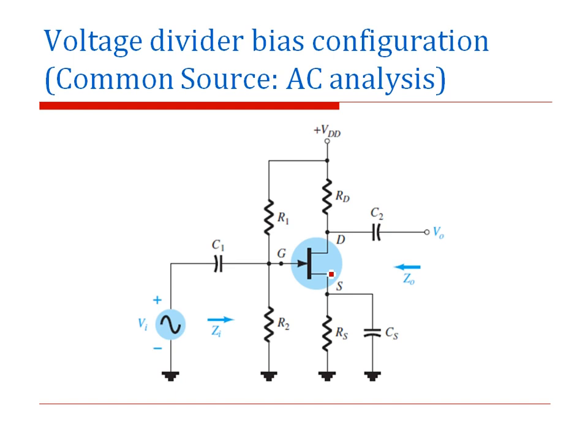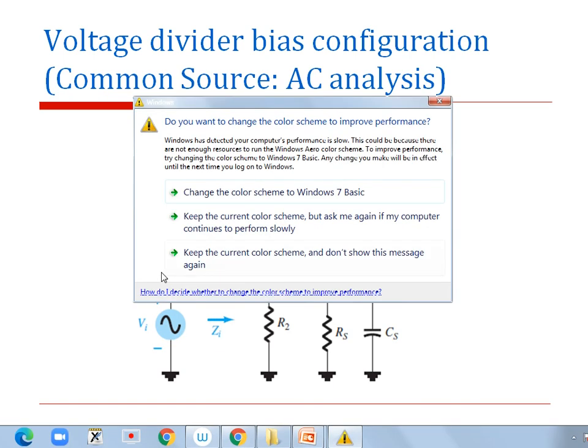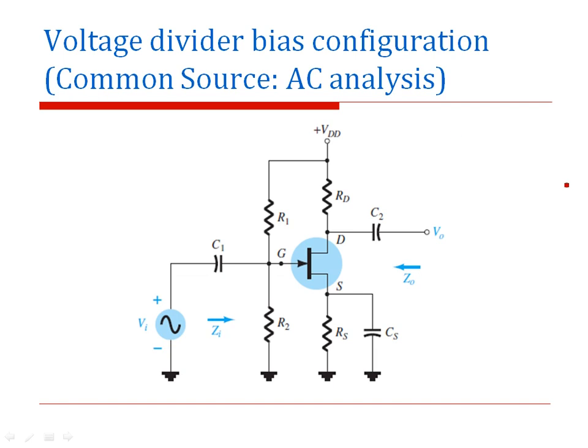So now if you consider the voltage divider bias configuration, we are first discussing common source because you are already familiar with such a configuration from the BJT analysis, and we can extend our discussion to common drain or source follower amplifier as per your syllabus. So here you see the input is given, Vi is the input, Zi is the input impedance seen from the input, and as you observe from the output side, this output impedance Zo and Vo is the output taken across the drain.